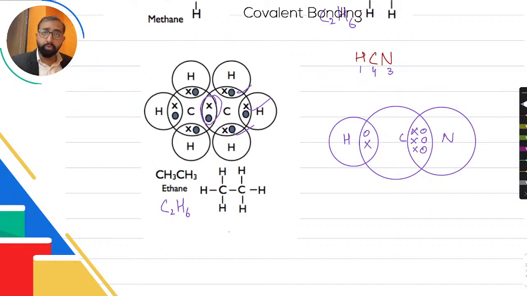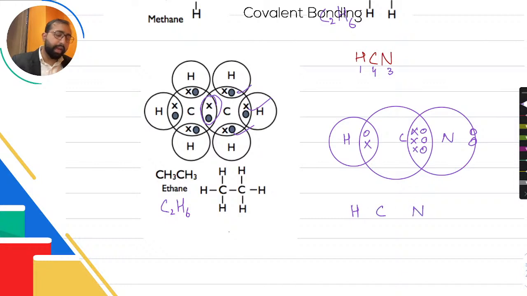And do we have any lone pairs? Hydrogen had 1, it has shared it. Carbon had 4, it has shared them all. Nitrogen had 5, it has shared just 3, so it has 2 remaining. So I'm going to put 2 on the outside. You could have used a cross, that's perfectly fine, no problem there. All right, so there you go. We have drawn HCN. The Lewis diagram would be